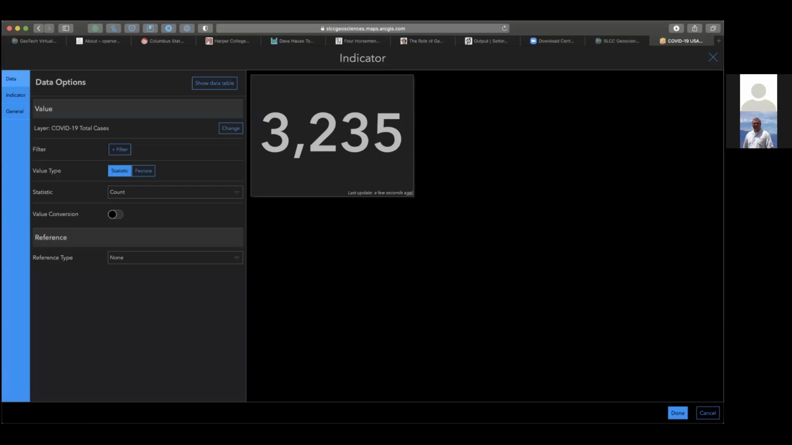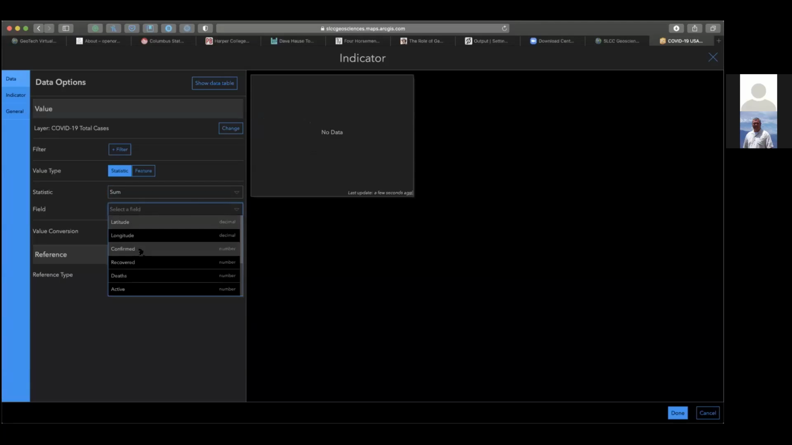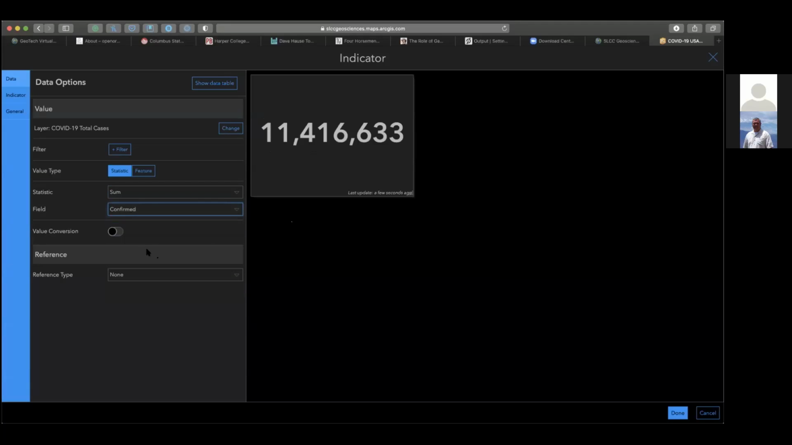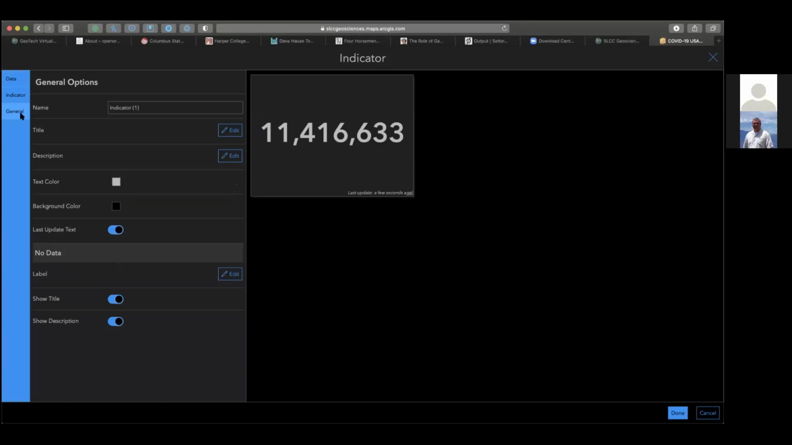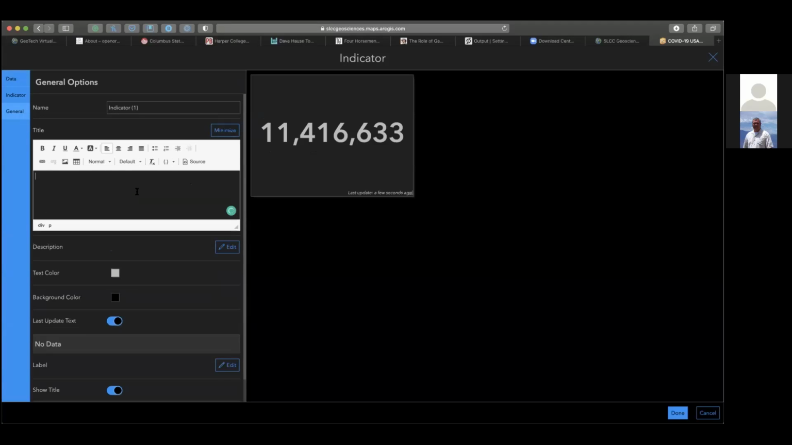All right, there you go. So what we're going to do is we're creating an indicator. So we're going to look at the sum of all the confirmed COVID cases in the United States. So that's the most recent number regarding that. And then we'll go here into the general, and then you can edit and you can put in a title such as